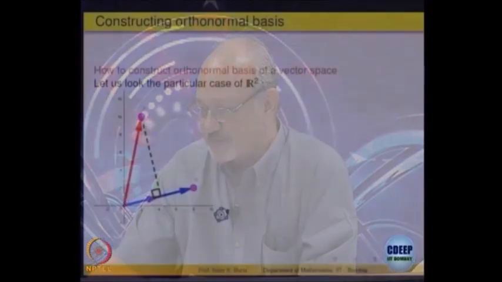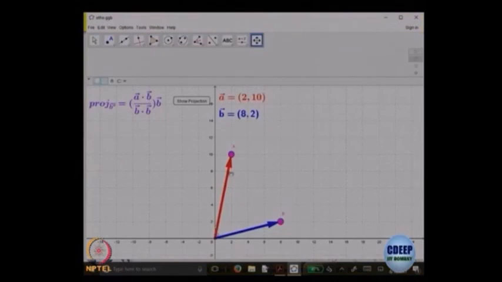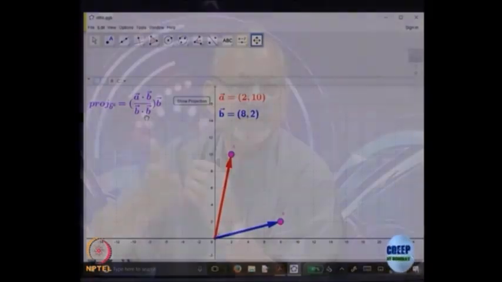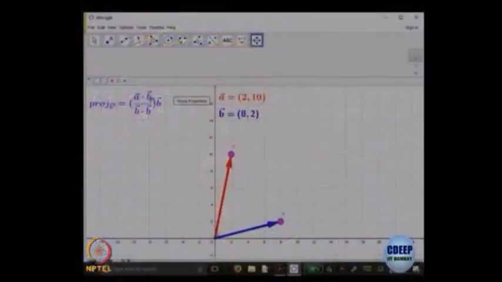I just wanted to show you something. Here, it not only gives you this vector, which is 2 comma 10. So A is 2 comma 10, B is 8 comma 2. It gives you B, and it tells you what the projection is. The formula, you must have done, calculating projection in terms of dot product. If you know the angle theta, the projection is cos theta of that, and from there you can easily calculate it. So it says it is A dot B divided by B dot B, into B. That is the projection that you will get here, and you subtract. So it gives you everything.